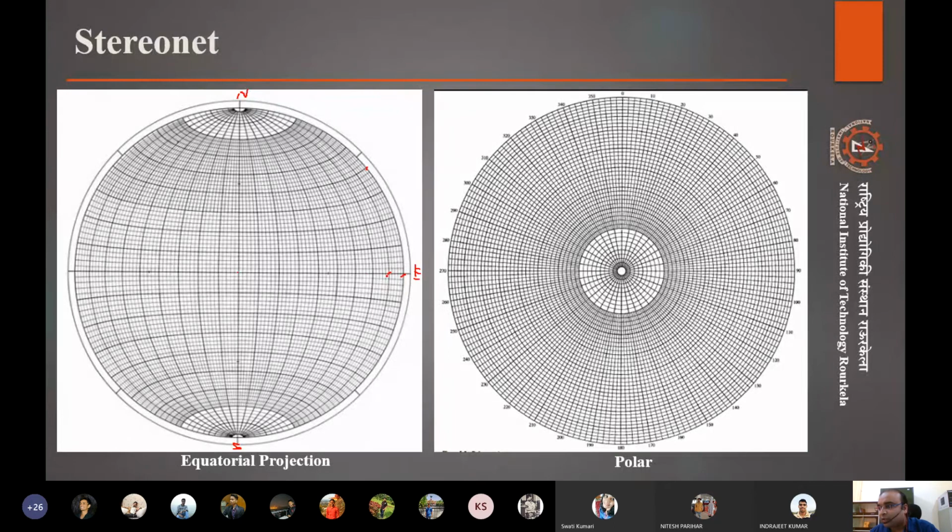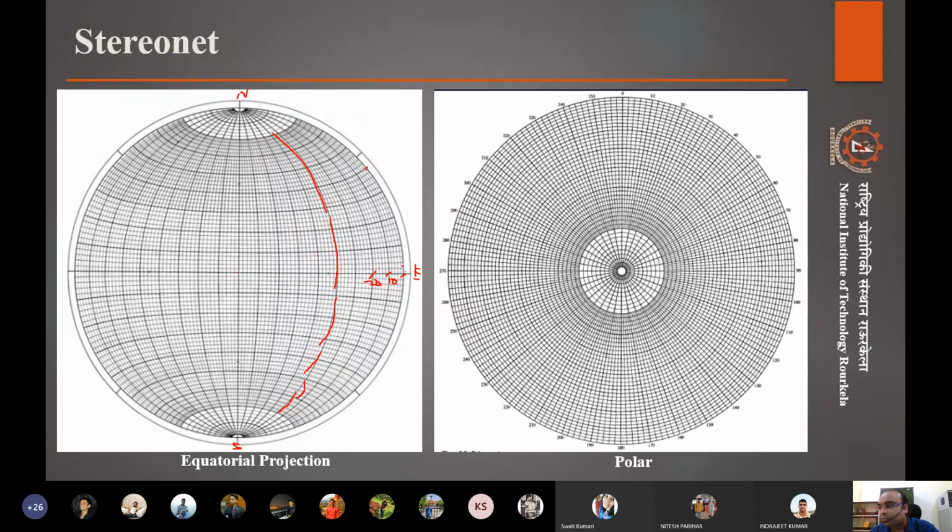So 0, this will be 10, this will be 20, and so on. So a plane that will be dipping 40 degrees towards the base, or something from the horizontal, will be represented by this arc, right? And it is similarly done for all the types of planes.